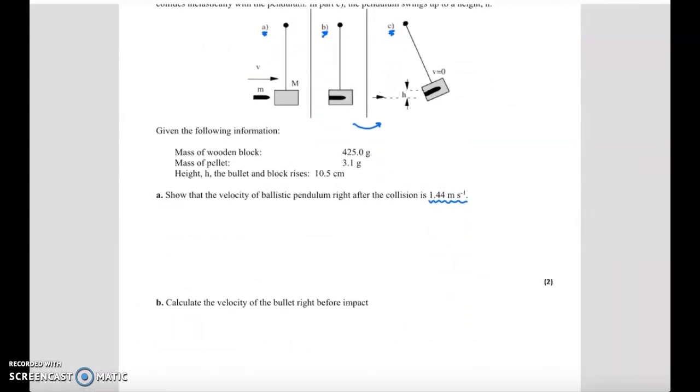where you're going to be starting with the kinetic energy of the bullet and the block right after the collision, or I could say at the end of B, and that's going to the gravitational potential energy of the bullet and the block in part C when it's swung all the way up. So that means we're talking 1/2, and I'll use little m plus big M to represent the bullet inside of the block already, times v squared. And that v is right after the collision. And then mgh, but of course we're still talking the bullet and the block, so